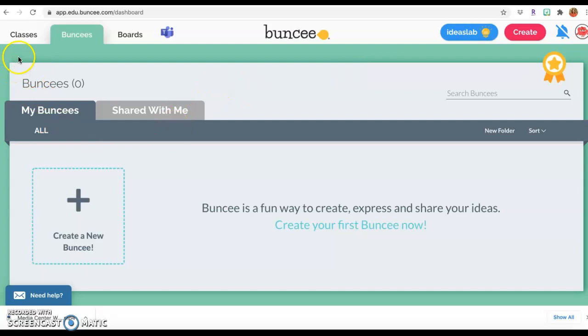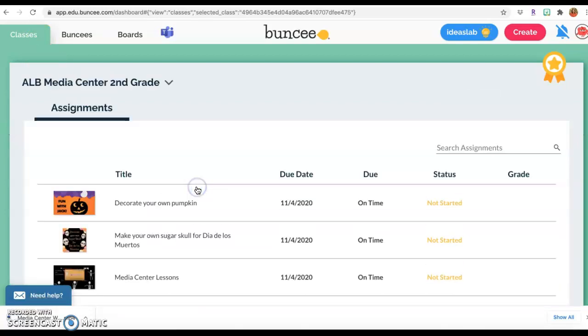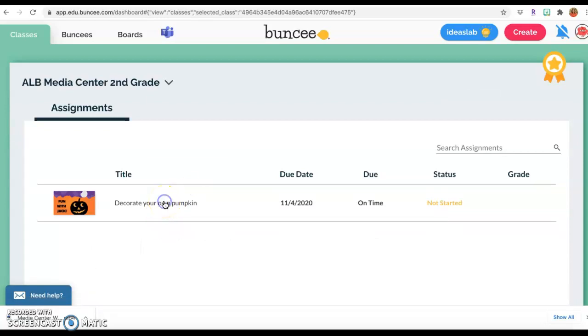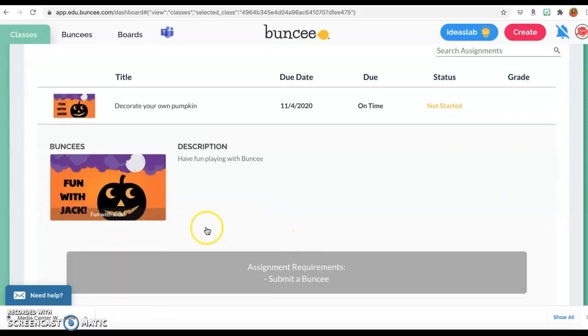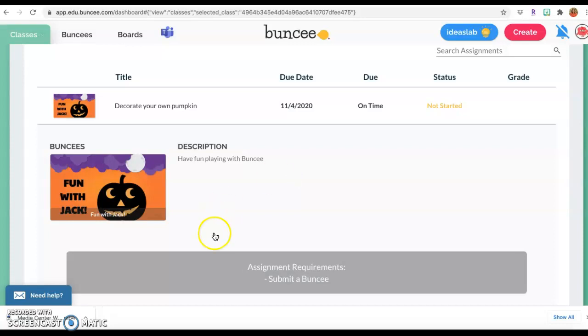So I'm going to, you can create your own board, and I can put things like assignments that you can do. This is under classes, and it says ALB Media Center. And I put some things that I thought would be fun to try out. There's one that's decorate your own pumpkin. And they're really fun to do. You can, I'm going to click on it, and